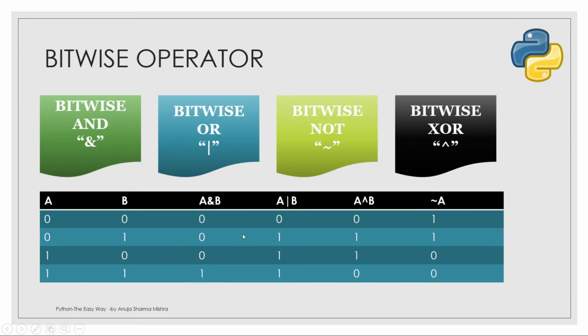Okay, and in case of OR operation, if any one of the two values is true, it will return you a true value. So you can see here, only in the first case both the values are false, so here you are getting a false, 0, and in the rest 3 cases you have true at least once, so you get 1 in the rest of the cases. Fine, so let's move on.